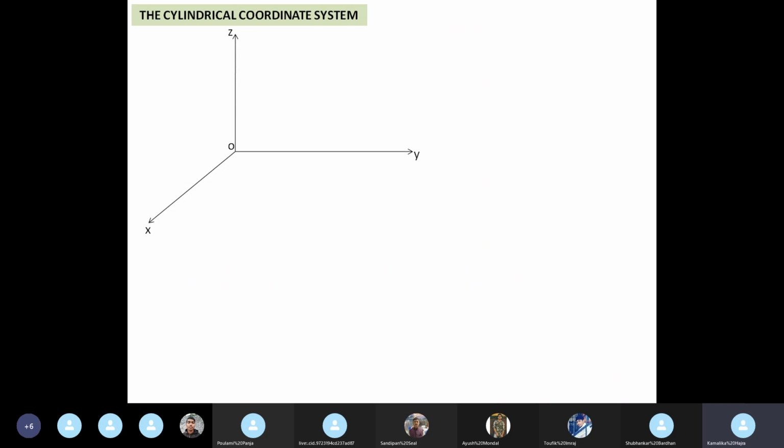Whatever be the case, whenever you are asked to analyze a coordinate system, your first job will be to set up the coordinate axes that are known to us. That is the x, y, z, the Cartesian coordinate axis. Okay. This is my request to you, that we are starting something that is new to you. At least I am teaching this new to you, and this is a very, very important concept. So if you do not understand anything at any point, please do stop me and ask me to re-explain it.